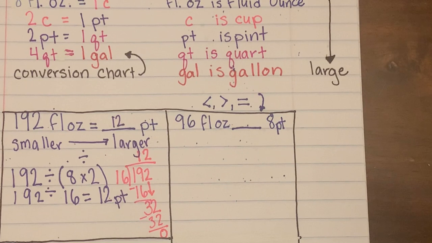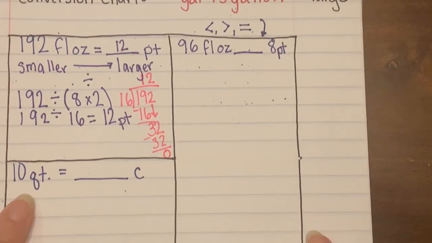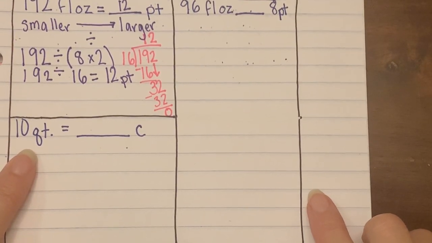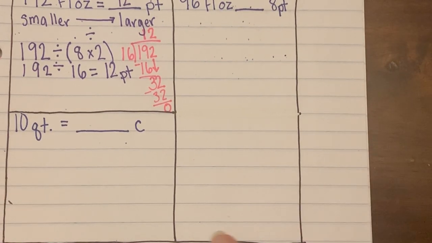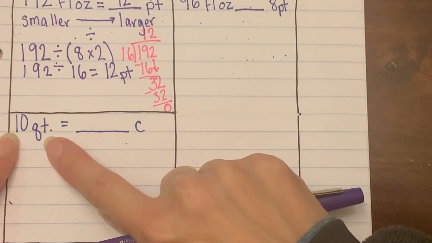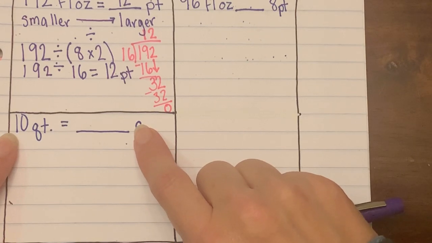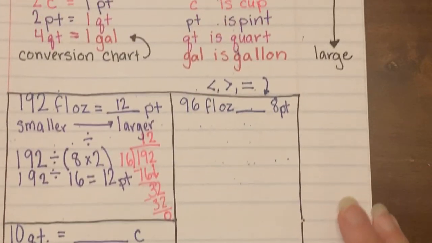In your Google assignment that will be linked to Math 10.2 assignment, you would be able just to put in the number 12. All right, so now I'm going to go on to the next kind of problem, but I'm going to have to move up and you're going to lose that conversion chart, but I'm going to go back and forth between the two of them. So in this one, I am going from a quart to a cup. So if I go back up here,